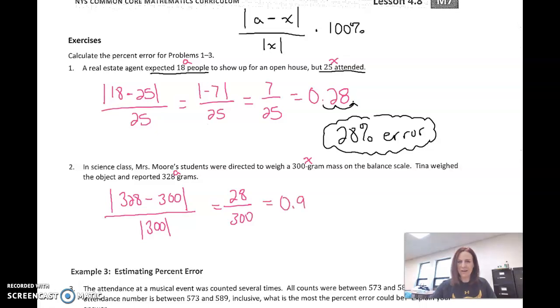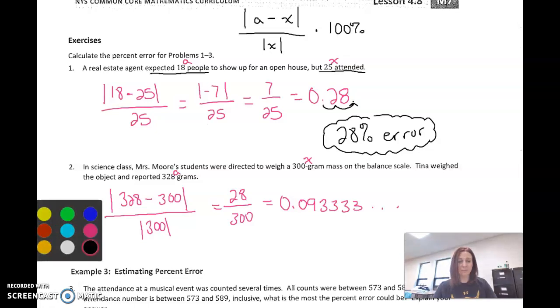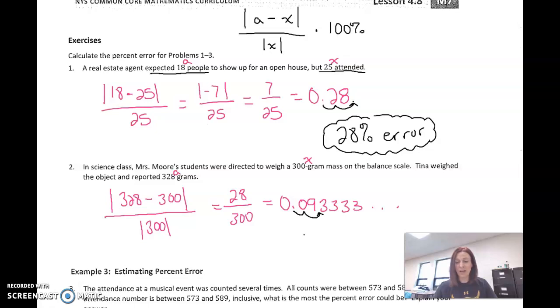Be careful not to combine steps. Like I know I combined them here, but don't combine them here. Don't try to turn this into percent until after you've written it down, because what happens is we tend to lose things. We lose our decimal point, okay? So if I write this out and I times it by 100, or I move the decimal point 2 places to the right, I end up with 9.3 repeating percent, or like we talked about before, that's like 9 1/3,